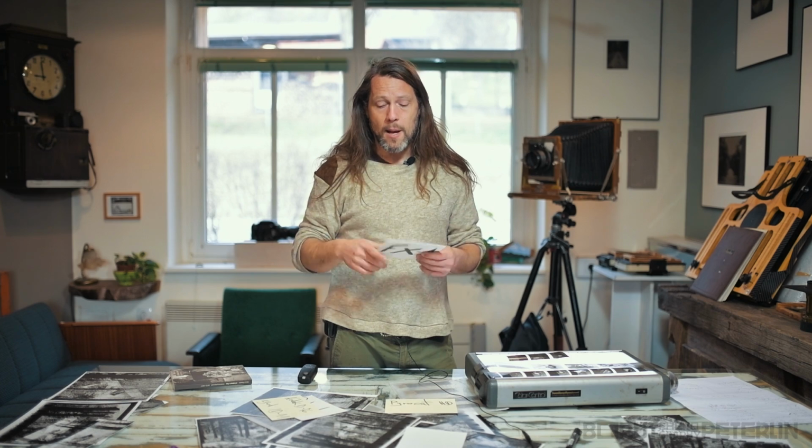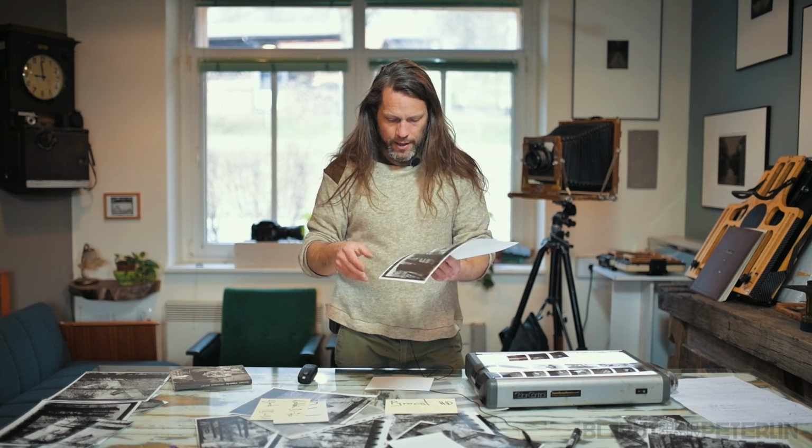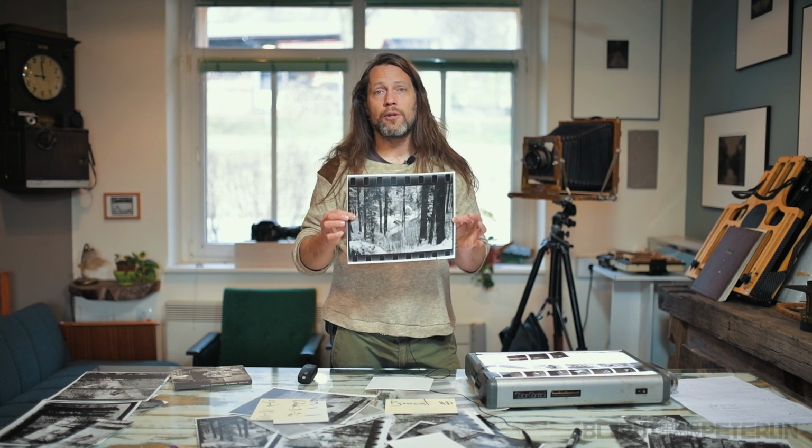FX-1 actually really surprised me. Yes, when we look at the enlargements, the blow-ups, the grain was really super sharp, super sharp, but of course it comes at the expense of tonality. But that's the trick. If you would be here and you would take this print in your hand, you would evaluate it with your own eyes. But as far as I see it, when I look at this print,